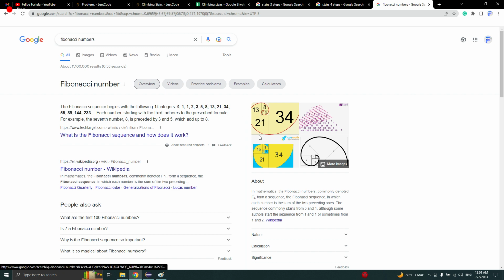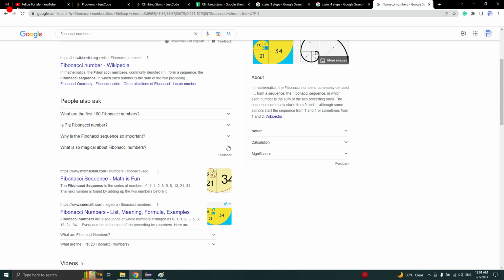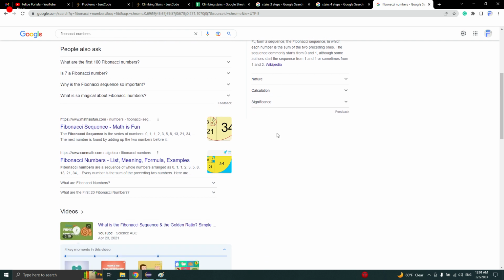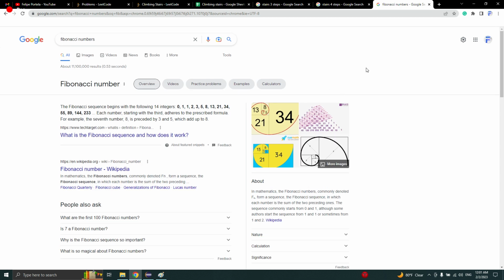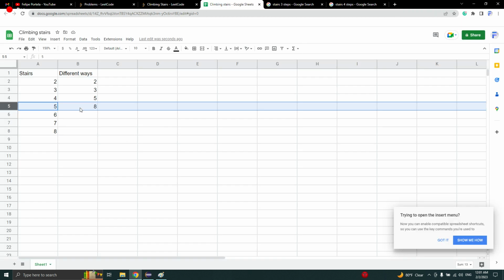Really interesting sequence. I encourage you, if you haven't seen it before, to look at it, because there are different things even in nature that follow this Fibonacci number sequence. Okay, so coming back here, if you want to solve this in Excel,